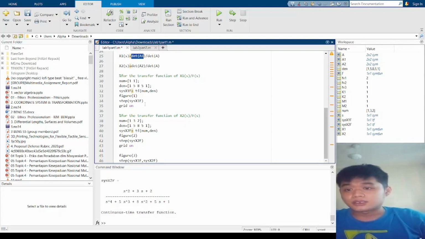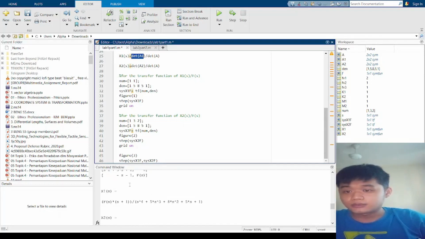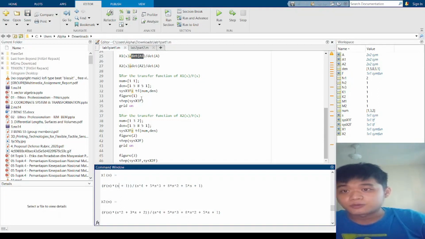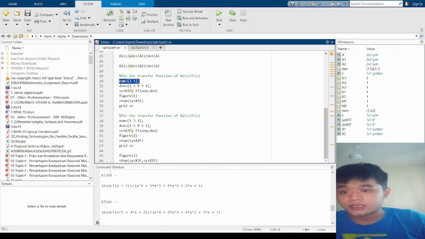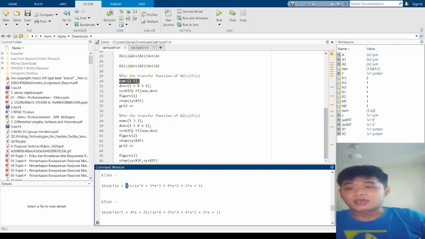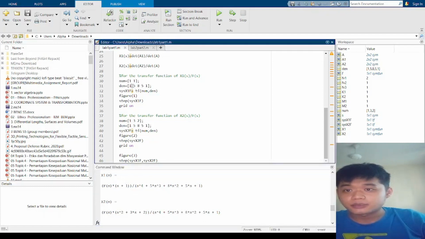Basically, from the x1 down here, we already found that it is Fs multiplied with s plus 1. So the numerator for x1 is only 1 and 1, because there is no value in front of the s and also the 1. But if the value of the 1 is changed into 4 or something, then it would have to be changed into 1 4. But in this case we only have 1, so basically just 1 and 1. And then the same goes for the